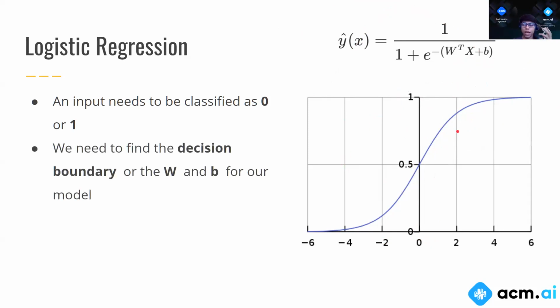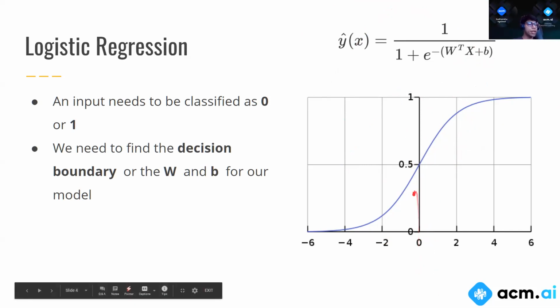And when we get this w and we get this b, we get something we call a decision boundary. In this case, the decision boundary